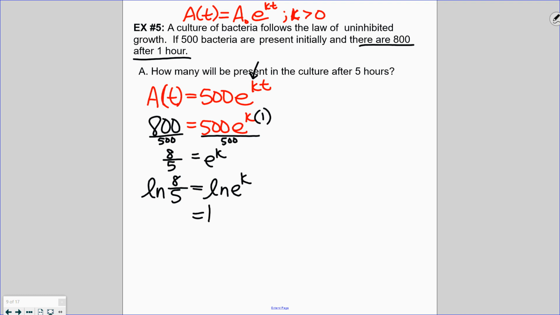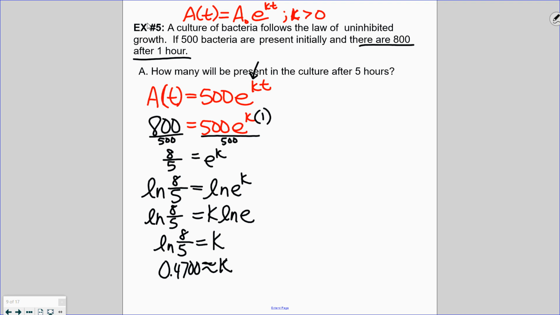And then I'm going to put the power in front because that's a property of logs. And then I'm going to divide by ln of e. But actually, I don't really need to divide by that because ln of e is 1. So I would find that out when I put this in the calculator, or I can leave this. So I can either leave this as the answer ln of 8/5 and put it in the problem, or I can take the calculator and find out that we get k to be approximately